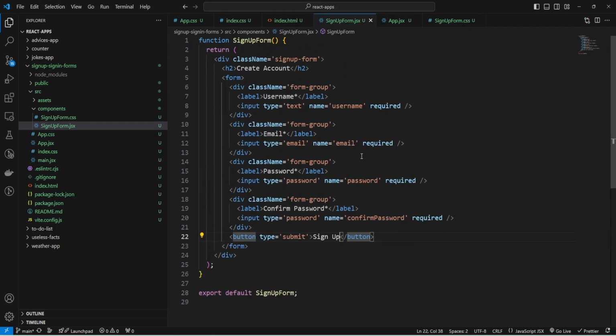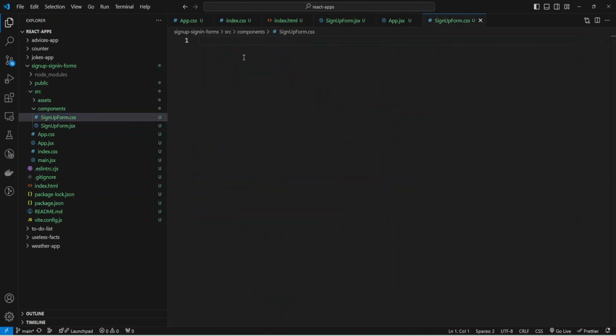Okay, and now we can add styles to our form, and I'm going to copy this sign up form class and provide styles for my sign up form.